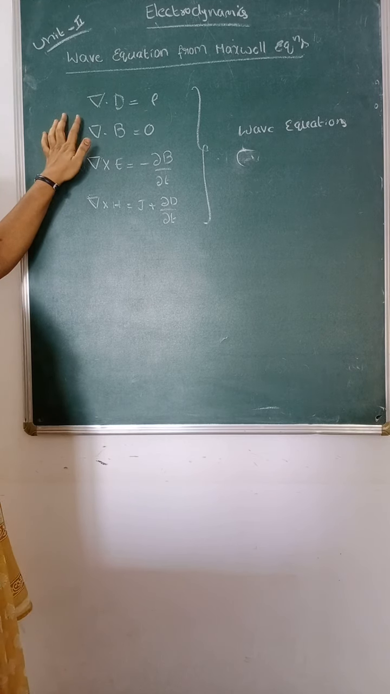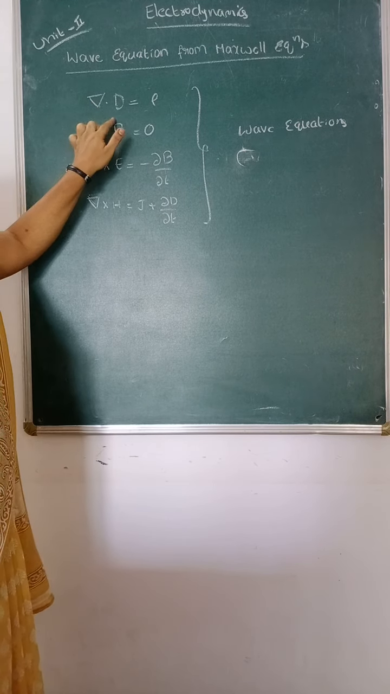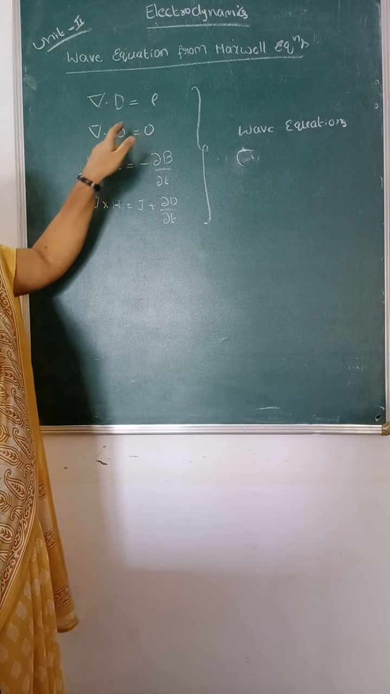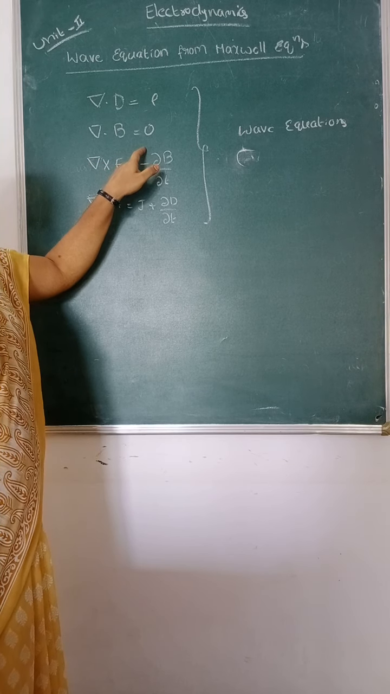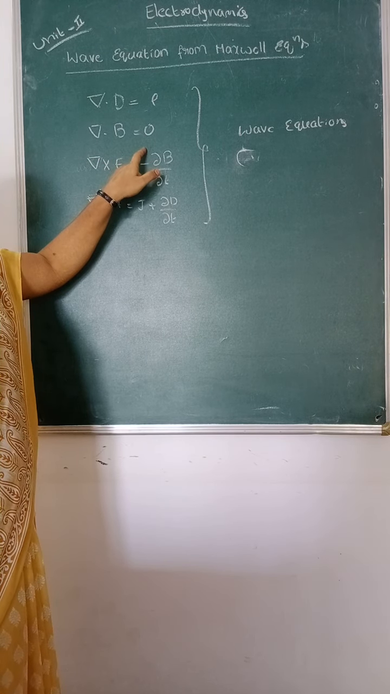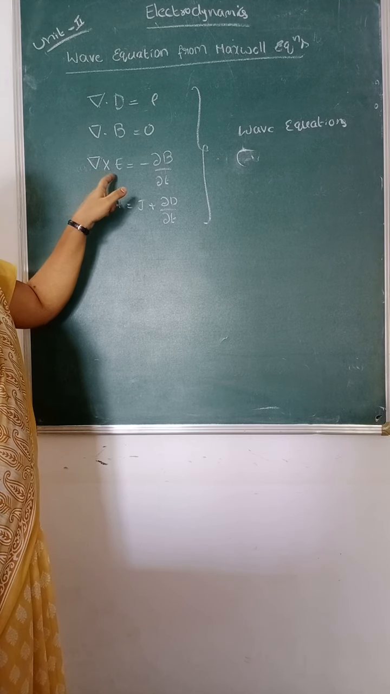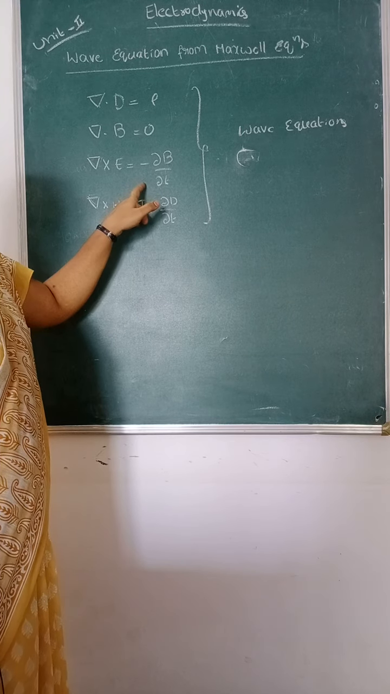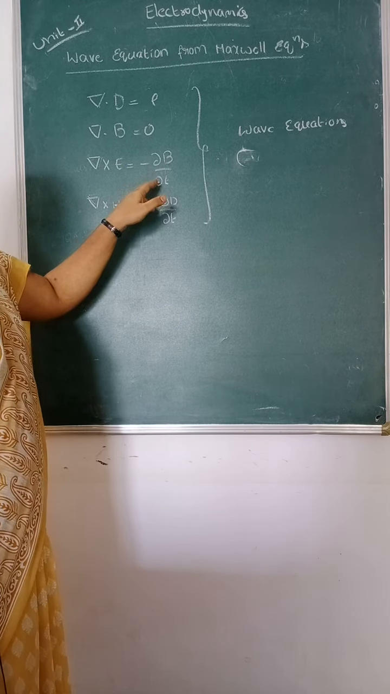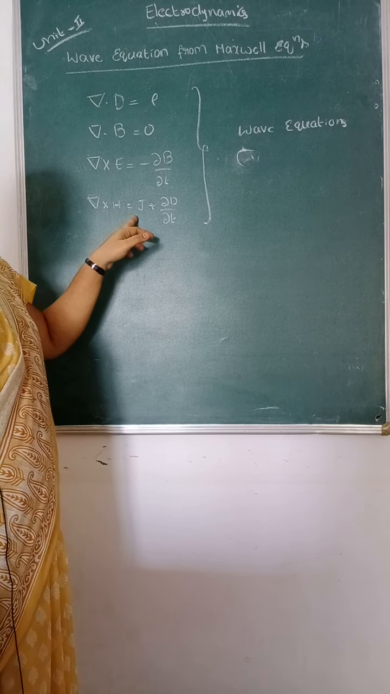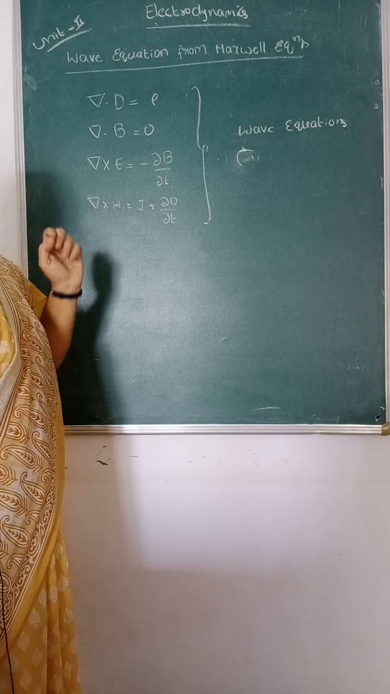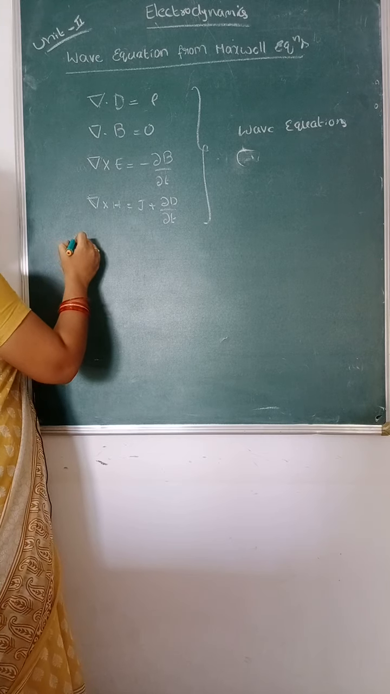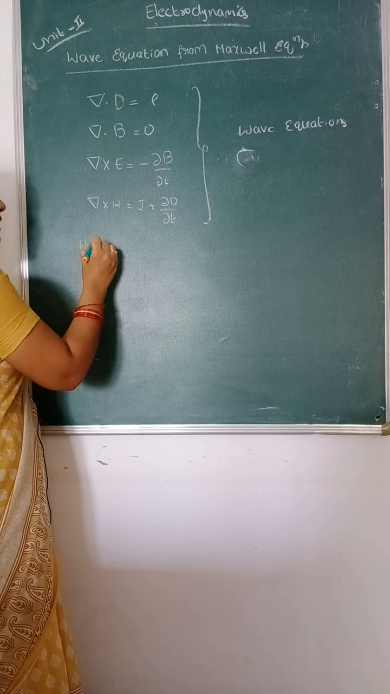The four Maxwell's equations are: del dot D is equal to rho, which is called the differential form of Gauss law in electrostatics. Del dot B is equal to 0 is the differential form of Gauss law in magnetostatics. Del cross E is equal to minus dou B by dou T is the differential form of Faraday's law. And del cross H is equal to J plus dou D by dou T is the modified Ampere's circuit law. So in today's class, we will derive the wave equation for a homogeneous,